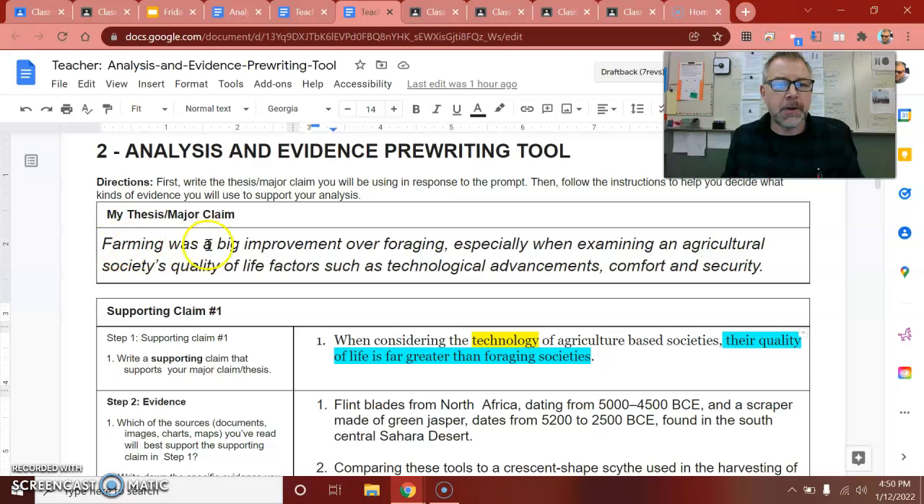So you'll see I have: farming was a big improvement over foraging, especially when examining an agricultural society's quality of life factors such as technological advancements, comfort, and security. Whew, said that really fast. All right. So now that I'm clarifying what I'm going to prove, I've got to start thinking about supporting claim 1,